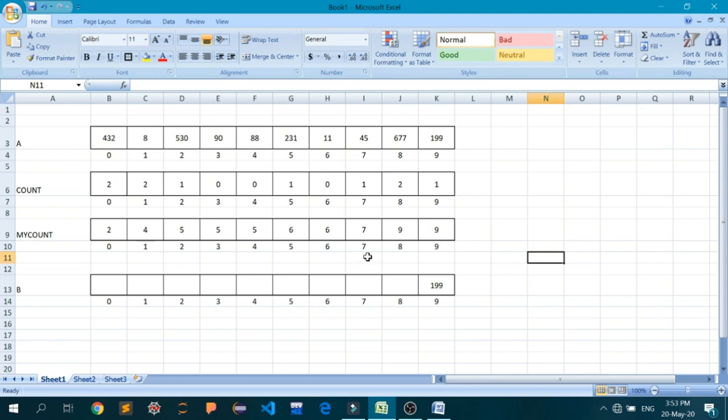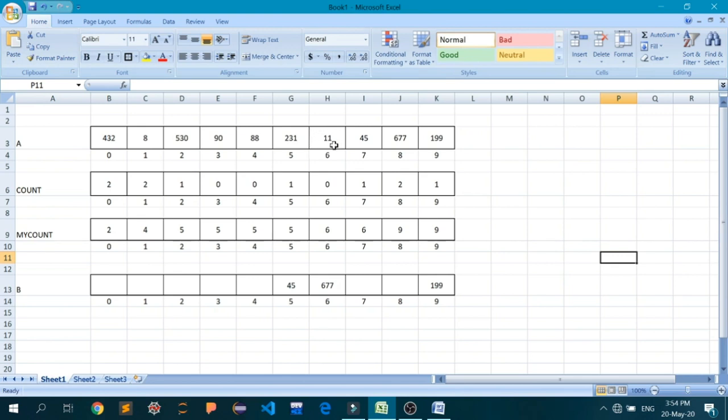Now the next number at the 1's place has 7. I will go to the 7th index. It has been written 7 here. Now 7 minus 1 is 6. So I'll go to the 6th place and write 677 here, and I will reduce this also to 6. Next, at the 1's place we have 5. I will go to index number 5. It has been written 6 here. 6 minus 1 is 5. So at the 5th index I will write 45 and reduce it to 5 also. Actually, in the code it will be reduced first and after that, but I am doing it for my convenience.